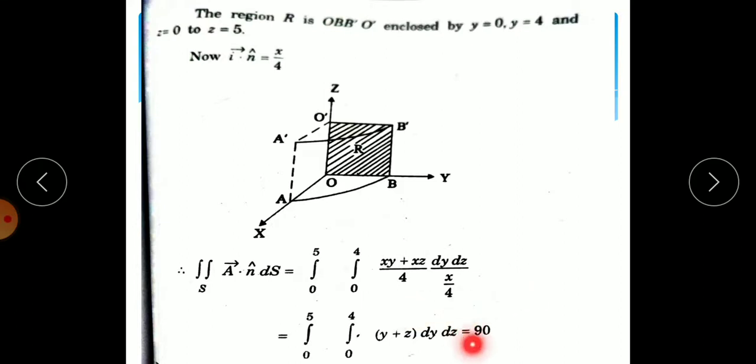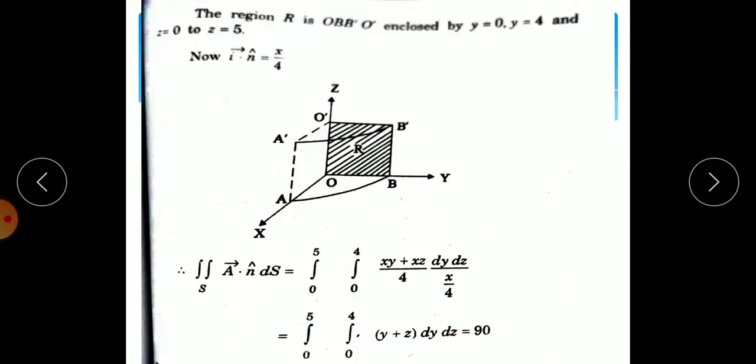See here also you are getting the same 90. So this is for your better understanding, I have given this note. Whatever the plane they have given in the surface integral, you can use it. First we have seen xz, second yz. Suppose if they are giving the xy plane, then you have to use the k vector. Xy plane means k vector, as in the previous problem I have shown. But the answer for all 3 planes will be the same. If you do it like that, it is correct only.